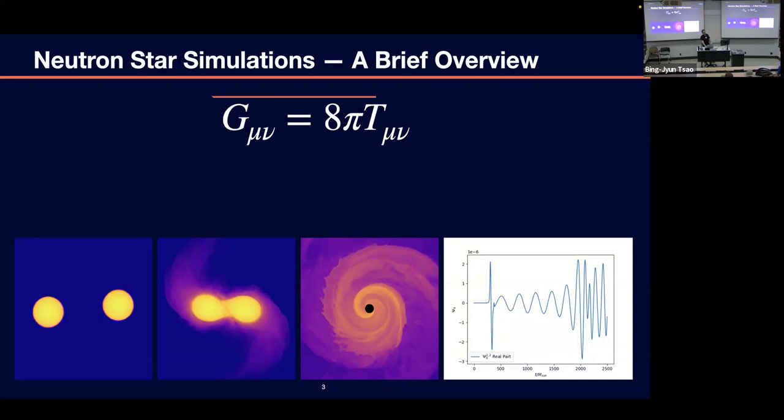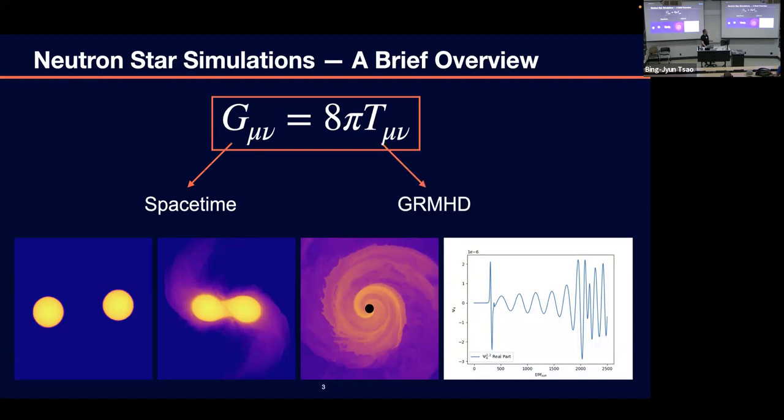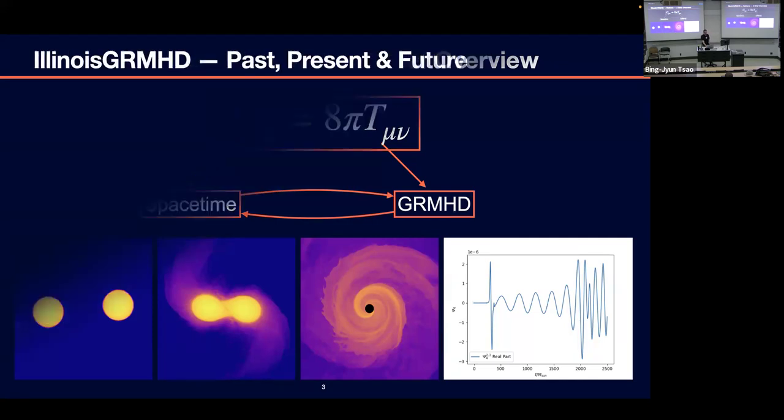But basically the idea, right, is that we are solving this left-hand side for the space-time, and then T mu nu, the energy momentum tensor, is just the matter, so it's through GRMHD, and there's communication between the two, right? The space-time evolves and influences how matter will evolve, and then as matter evolves, it influences how the space-time will evolve, and it's this back and forth that we have to deal with. And because Jay has given a great overview of the GRMHD part, and other folks have given a great overview of the space-time part, I'm not going to show you any equations other than this one. Right? This is the 10,000 foot overview of this thing.